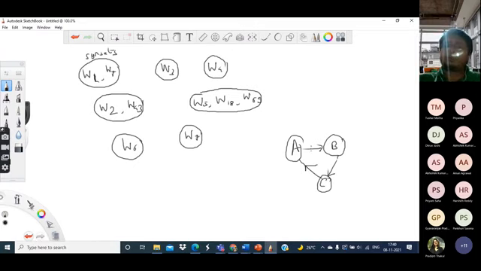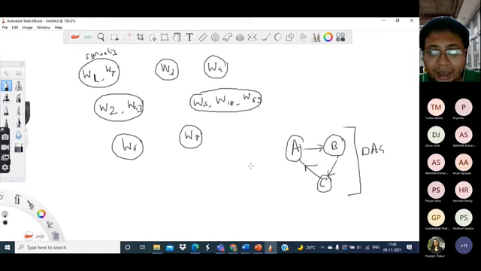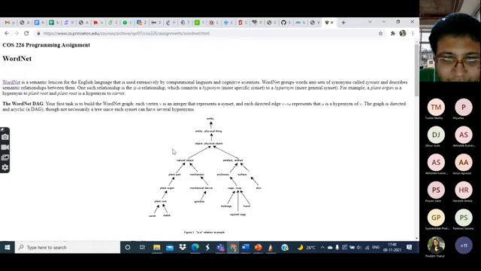Why should we not have cycles in the case of this WordNet? Because the edges in the WordNet graphs basically incorporate the meanings of the different words. The meanings are somehow conveyed through these edges. Say, for example, if you look at the small example that has been given here, say two words are there,